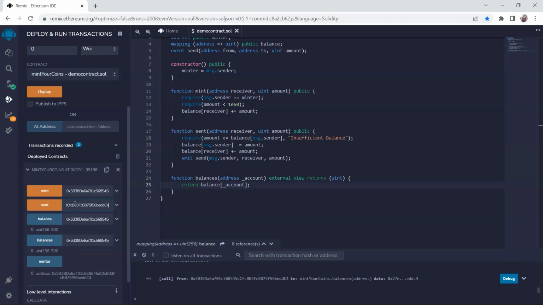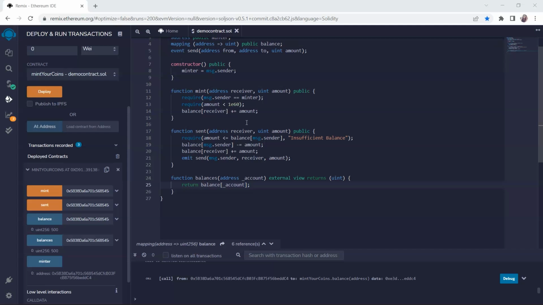Now to send, you can just click the address, comma, 250. So for demonstration, I have provided the address of obviously the sender right now because I don't know the address of the receiver. But what you can do is you can provide any other address and just put the amount and click on send, and when you'll check the balance, there will be a change in it. Right now, there is no change because both the addresses are already same. So this was all. This was the code, and this is how you can just compile and deploy your code